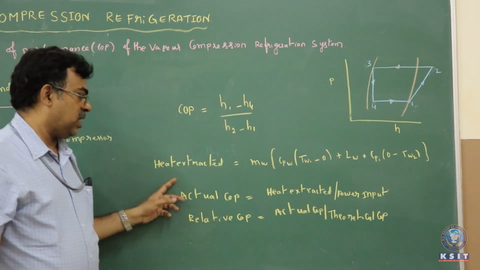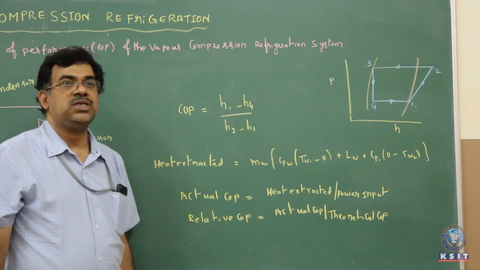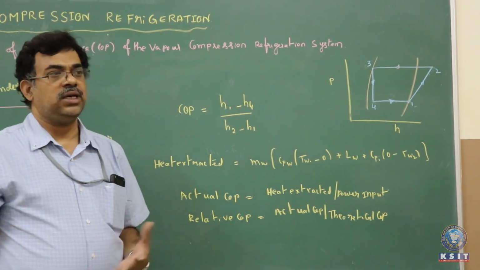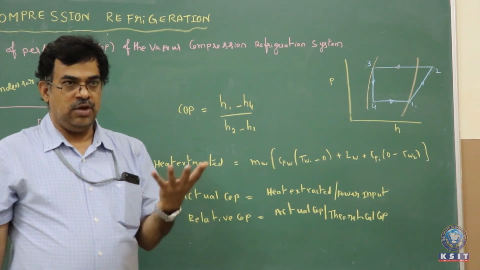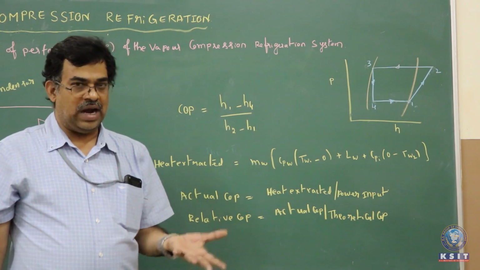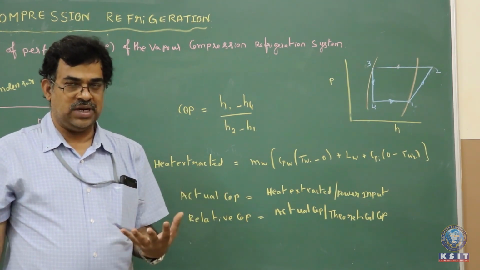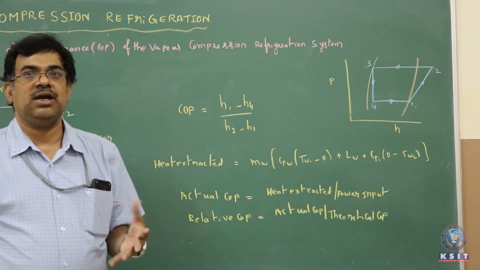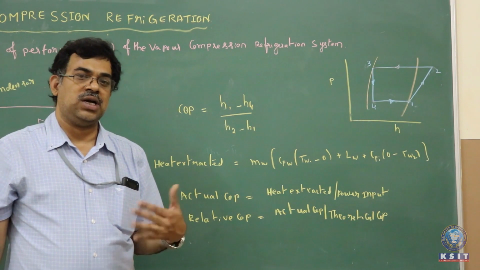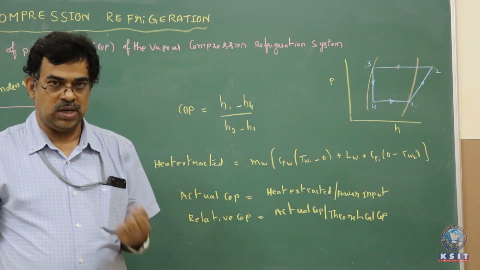Next step, you calculate the actual COP. For actual COP, the procedure here: you take the container, first you weigh the empty container, then you take the mass of water and once again measure the container with the liquid. The difference between with water and without water gives you the mass of the water.